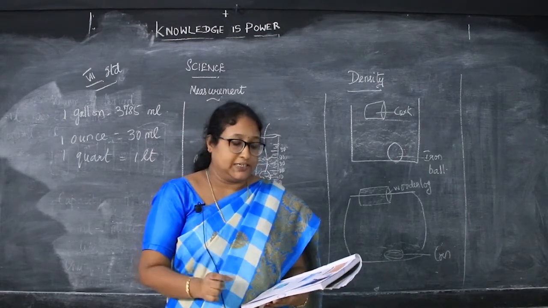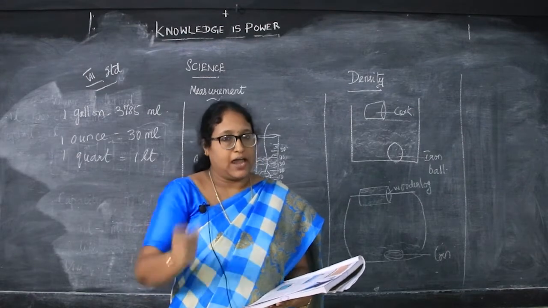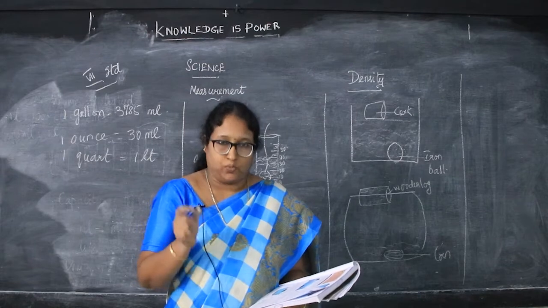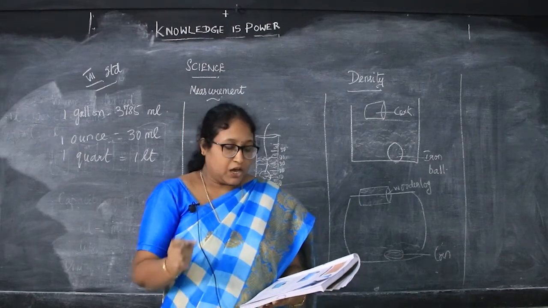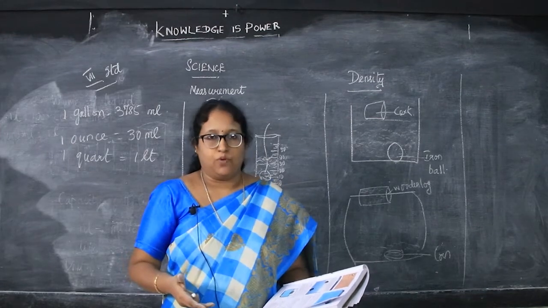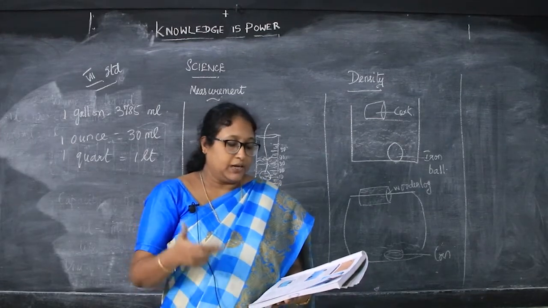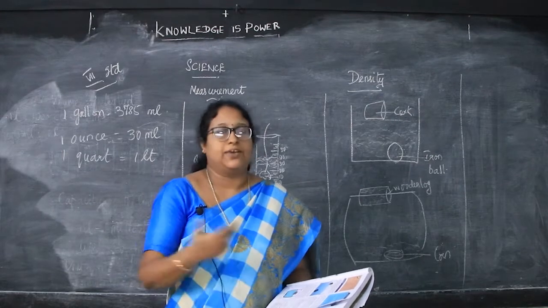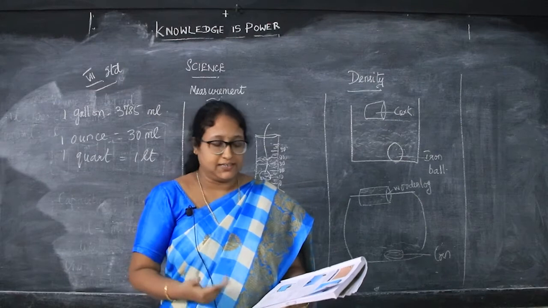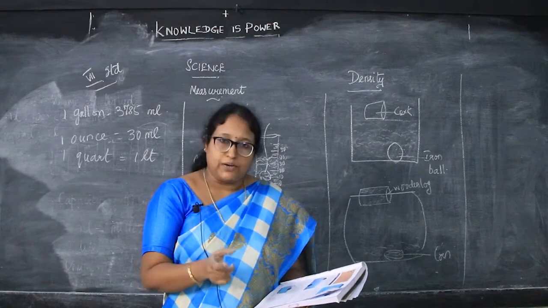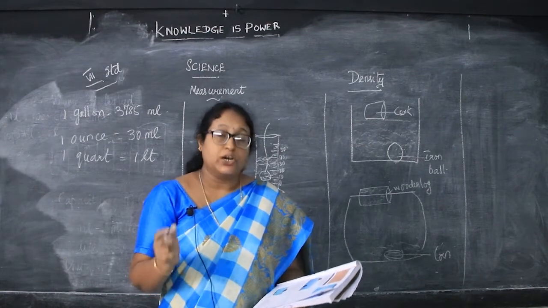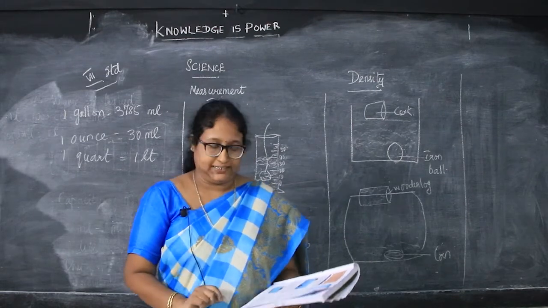Now the other question is: take an iron block and a wooden block of the same size. Now we have to weigh them. We have to see the weight and measure the mass. Now what is density? The lightness or the heaviness of a body is its density. If we have more mass, we have greater density. So the iron block will have more mass than the wooden block. Therefore iron has more density.